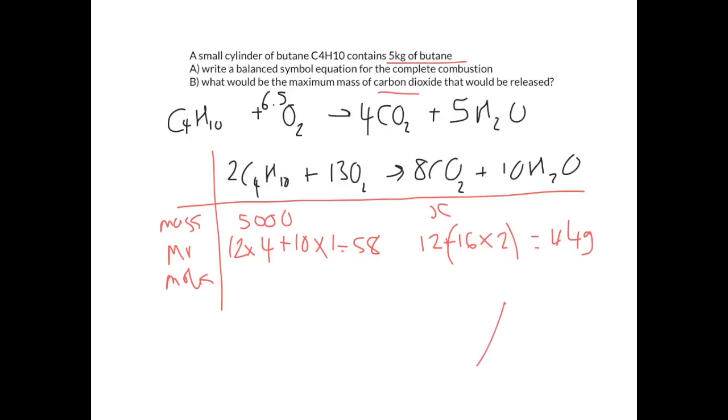Then we're going to use this triangle, which is mass is number of moles times MR, to work out the number of moles. We can see that that's therefore mass divided by MR. So to work out the moles of butane, we're going to do 5,000 divided by 58, which gives us 86.2068. So we want to keep that number nice and unrounded so we don't introduce rounding errors. Then it's a matter of comparing the mole ratio here. So it's 2 to 8. So we've got 4 times as much carbon dioxide. So we effectively take this number and times it by 4, which gives us a value of